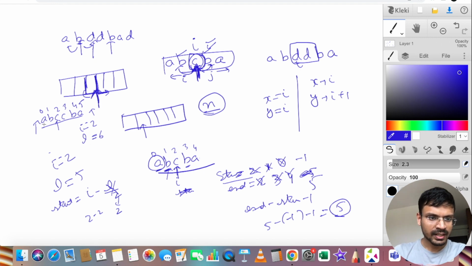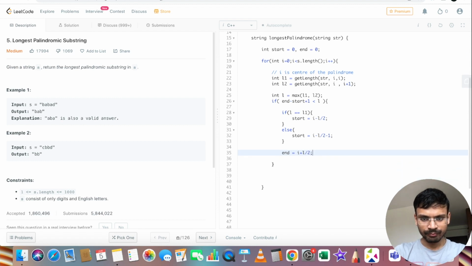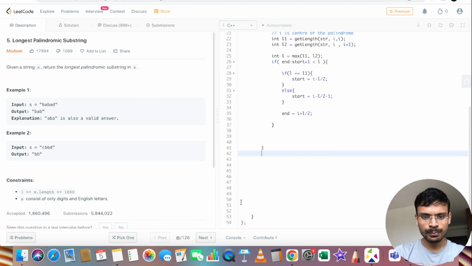And start has to come at 0th index, right? So it would be I minus L by 2, which would come out to be 3, and minus 1. I minus L by 2 minus 1. And end would be updated simply as I plus L by 2. Right, so in this way, start and end indices have been maintained, and finally, when this loop ends, it means